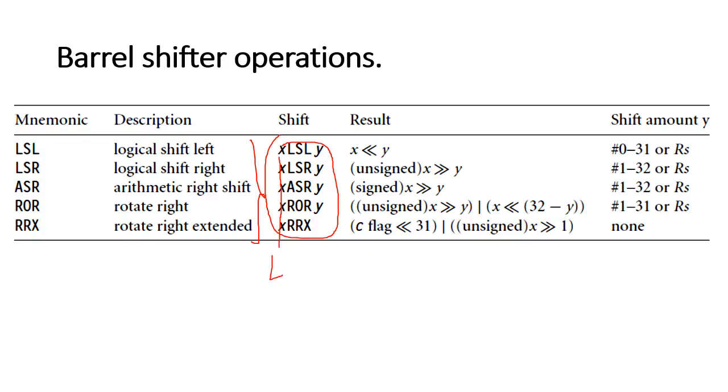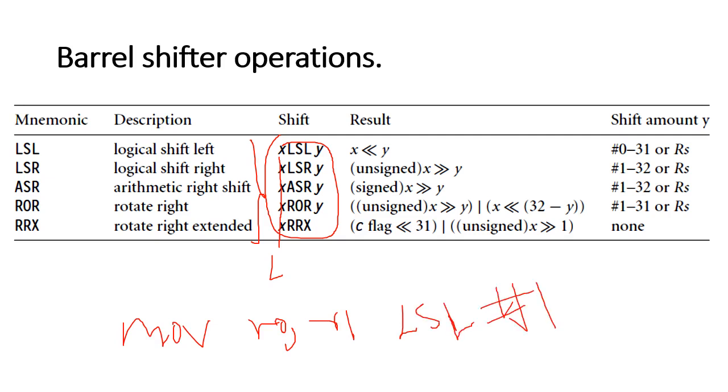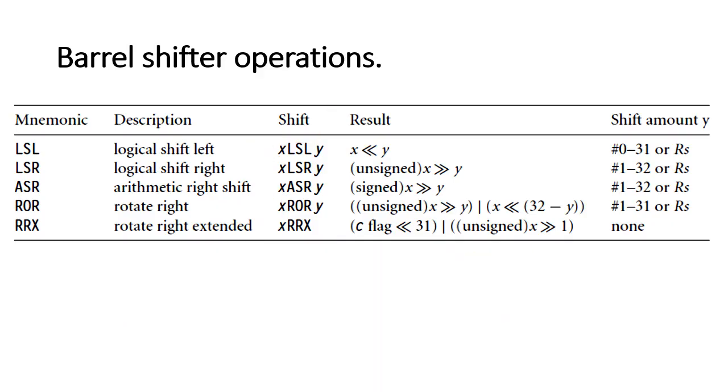These are its notation. So here x is nothing but the last operand or last register of any other instruction. For example, when I say move r0 comma r1, and if I write lsl and #1, right? So this operand is called x, this is the shift operation, and this is y. Okay, that's what it means here. Shift operates on a left operand, which is a register of any other instruction. The last operand of any other instruction must be a register.